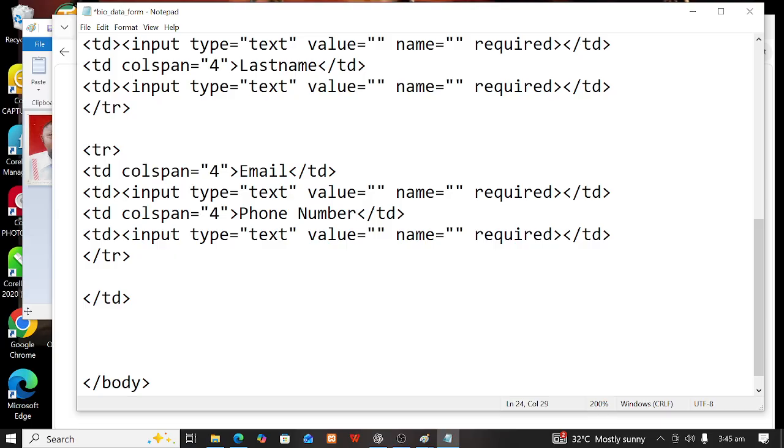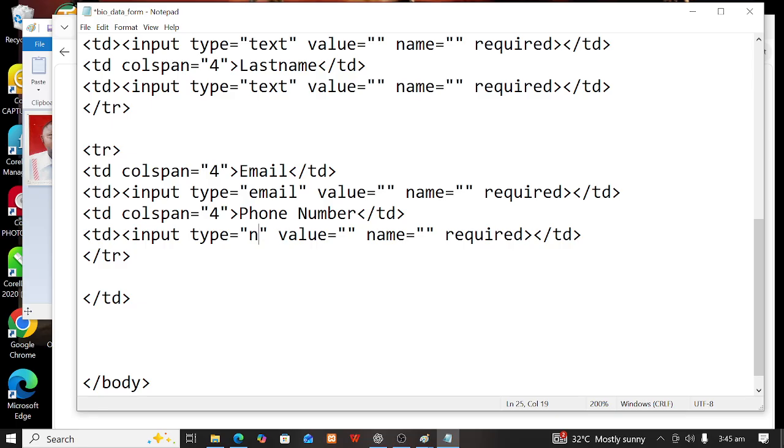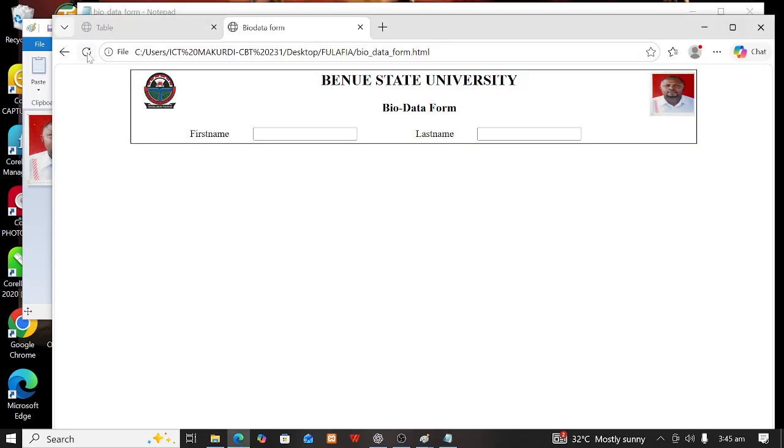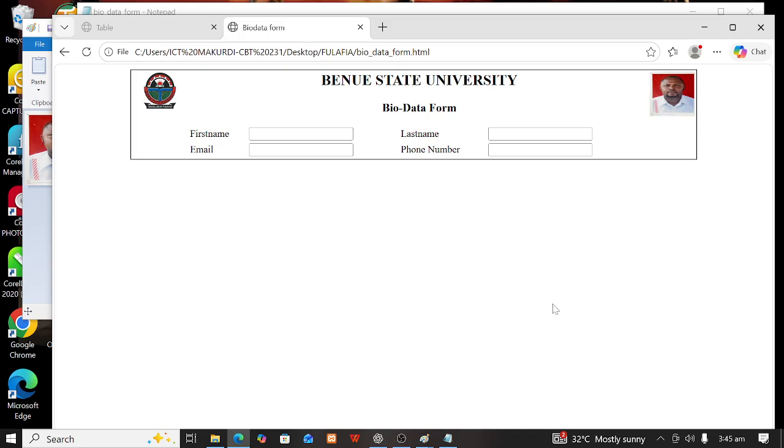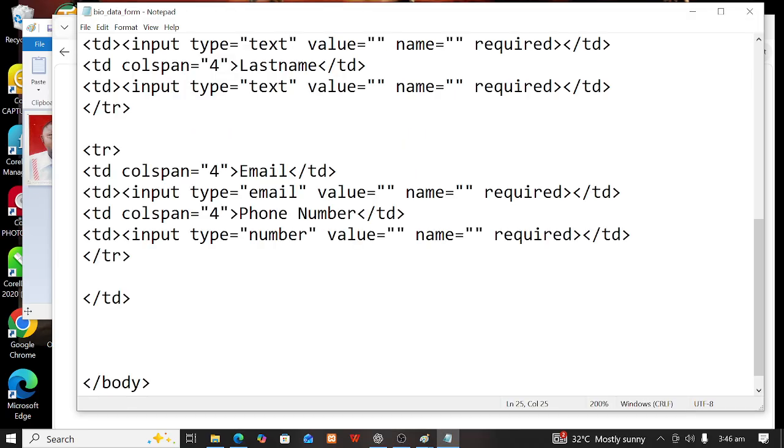Then the input text, remember we're going to change this to email. Then we're going to change this to number. Right? What again? Require? The name, I've changed it. So we refresh again. You see, all of them will be coming on a gradual note. You get a point. So if I go again, recopy this, and I paste again,